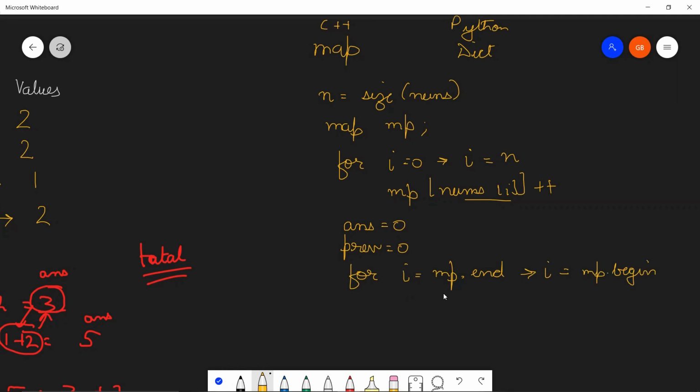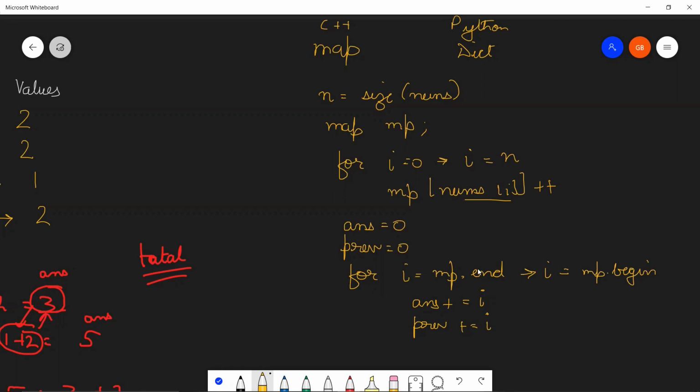And each time your answer will be, you'll add i to your answer, right? And since the next i would basically be the sum with the previous i, you're going to maintain previous also by doing previous += i.